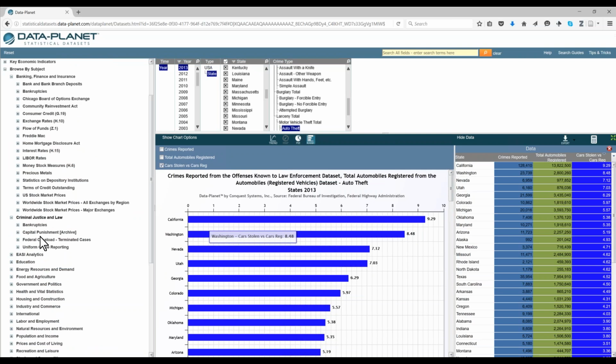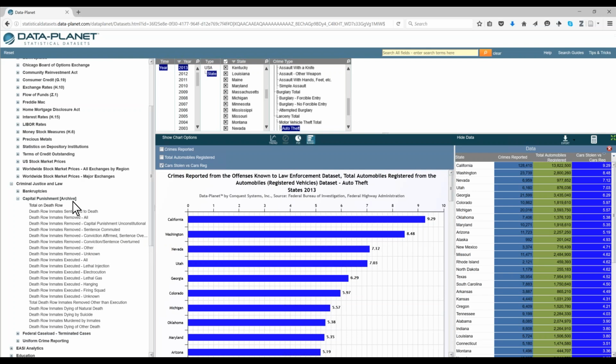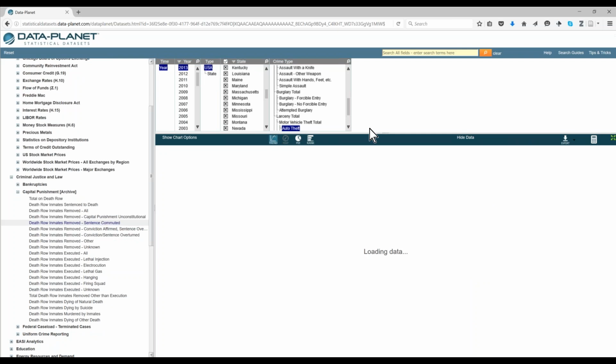Let's go back to criminal justice for a second. One thing to note here: when we load a data set, we will almost never remove it unless the publisher requests us to. So here we've got an example of data that was published and the publisher discontinued the publishing of it. You'll see this archive behind it telling you that it's no longer updated, but it is still available. So if I wanted to see a trend of sentences commuted for the country,